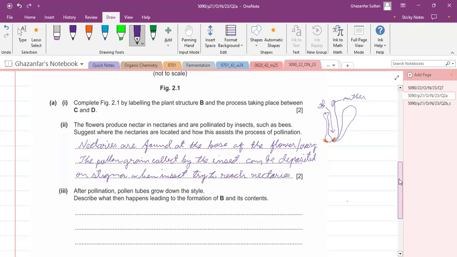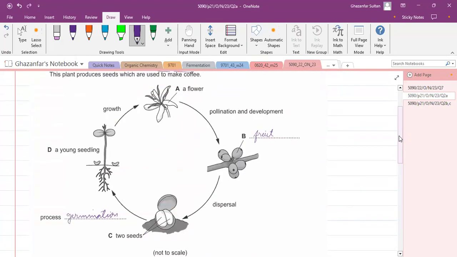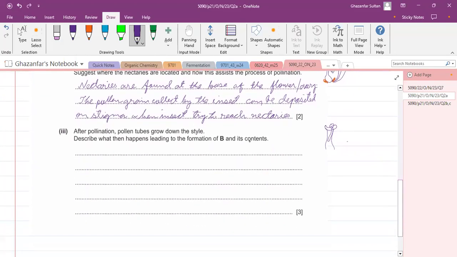Okay, now after pollination, pollen tubes grow down the style. You know that this is the style, and when pollen grain is there, its pollen tube starts to grow. Describe what then happens leading to the formation of B. B, what is B? B is the fruit and its contents. Its contents means you can include the ovule. So, when the pollen tube grows down the style, it reaches the ovary,